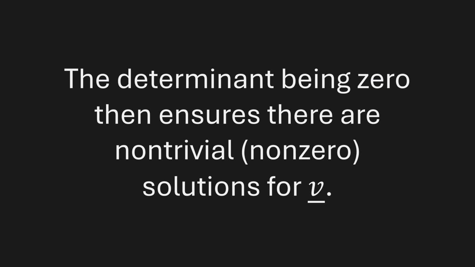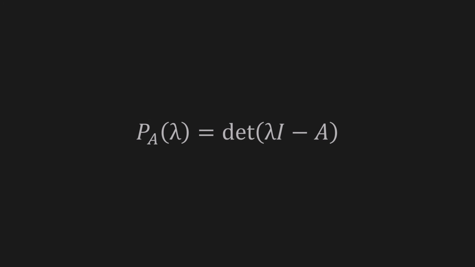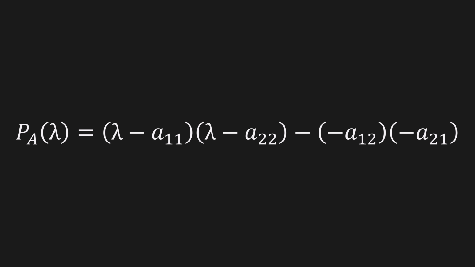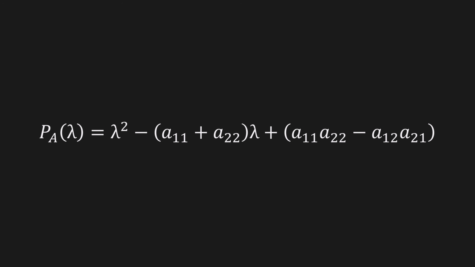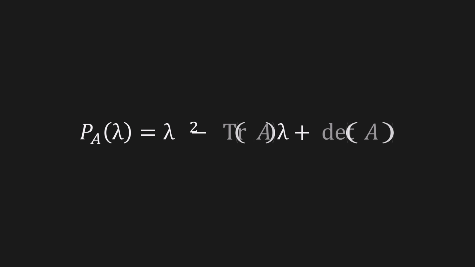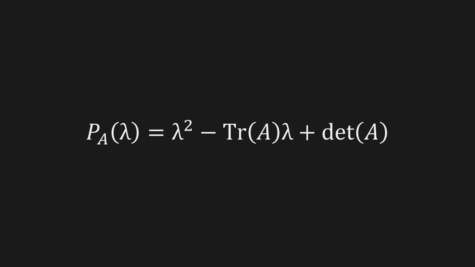Now, the characteristic equation also generates the characteristic polynomial, an extremely important property of matrices. This polynomial contains some crucial information about the matrix, like its trace and its determinant. Let's see an example of our 2x2 matrix. It is possible to prove that this is true for any matrix size.